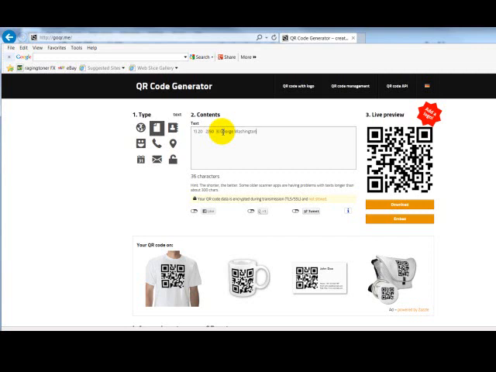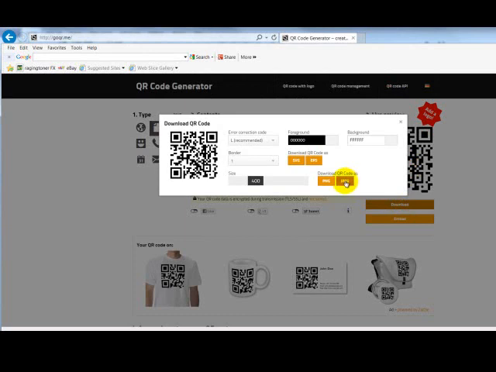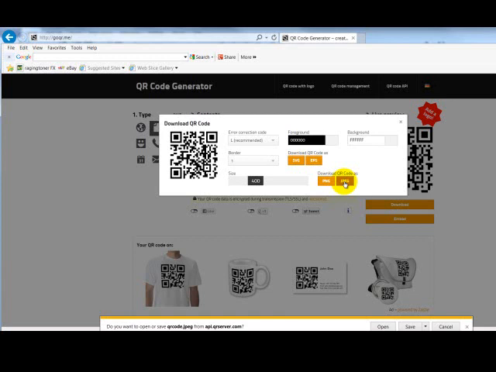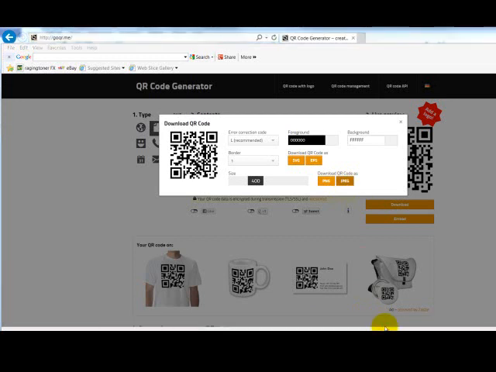Now, as we type those in, your QR code changed, and what we want to do is copy this and place it in our Word document. To do that, it's pretty simple. I'm going to click on this little icon here. It says download. When I click on download, we want to click it or change it to a JPEG. So I'm going to click on the JPEG. At the very bottom of your screen, it should say, do you wish to open it up? Let's hit open. And when we open it up,